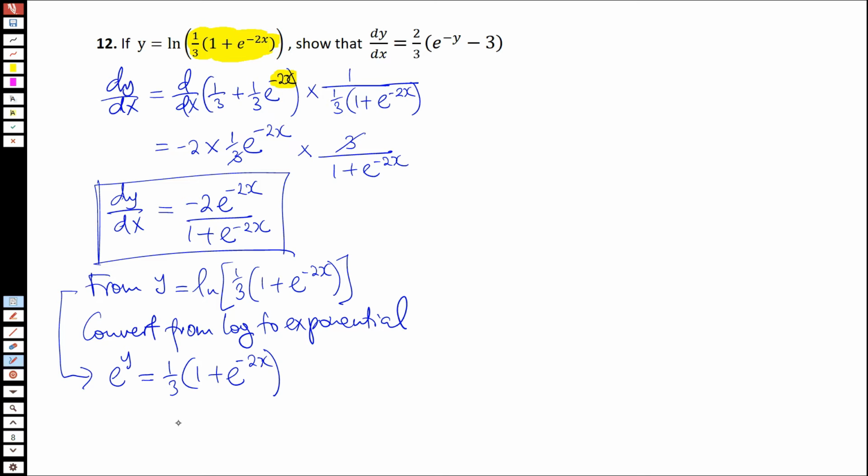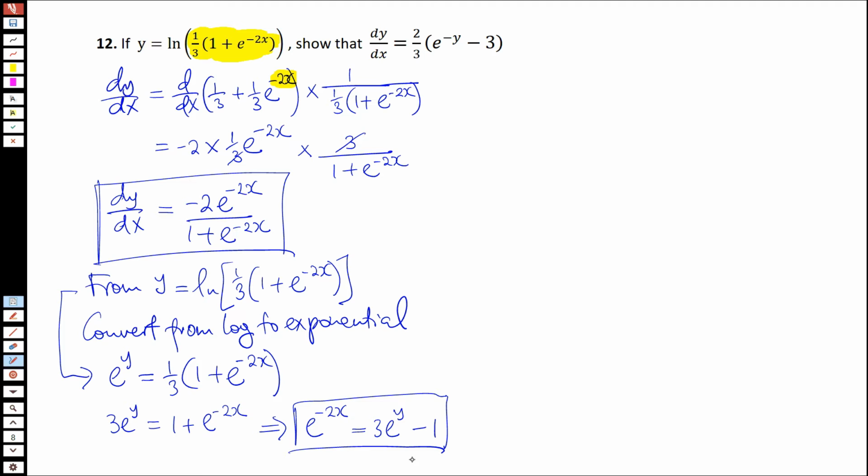And therefore, that means that if we multiply by 3, 3 e to the power y will be equal to 1 plus e to the power negative 2x, which implies that e to the power negative 2x can be written as 3 e to the power y minus 1. Again, that's an important relation that you're going to apply here. Okay, so moving on,